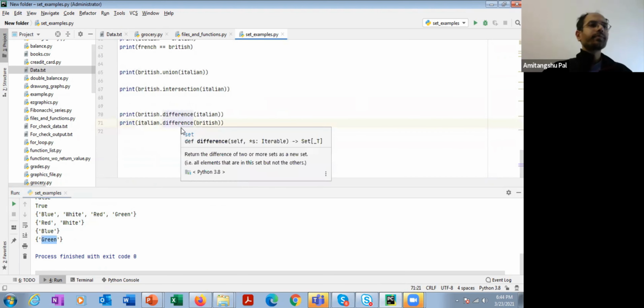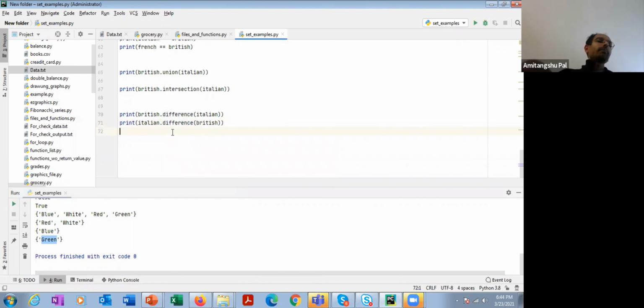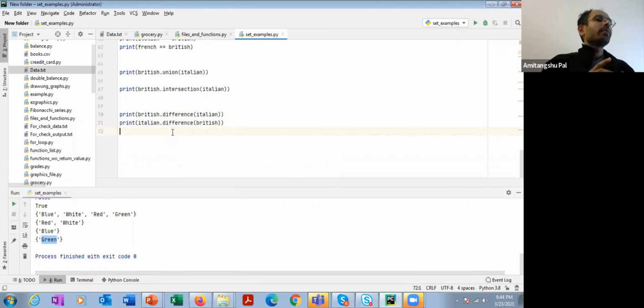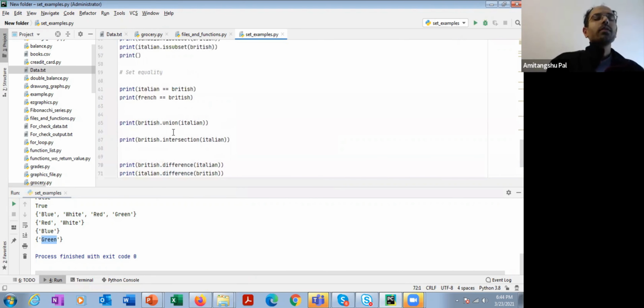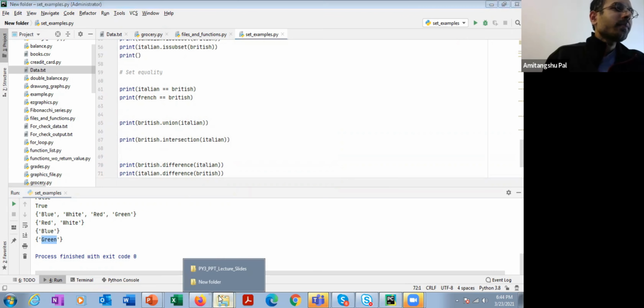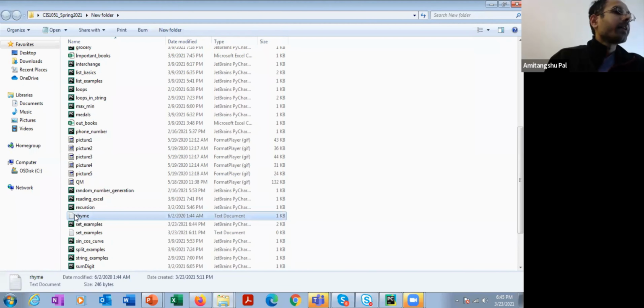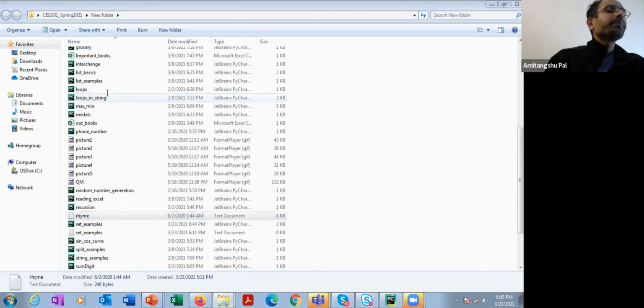Now let's apply this understanding of set theory. Let's apply the concept to solve a problem. Here in this folder, I have downloaded a text file called rhyme for the purpose of illustration.